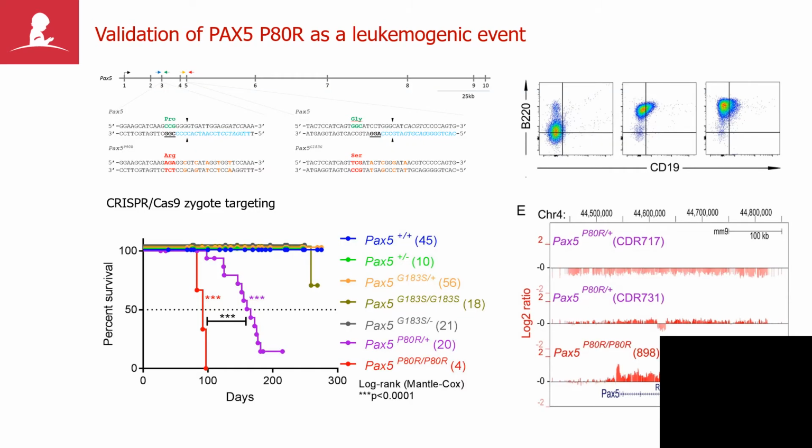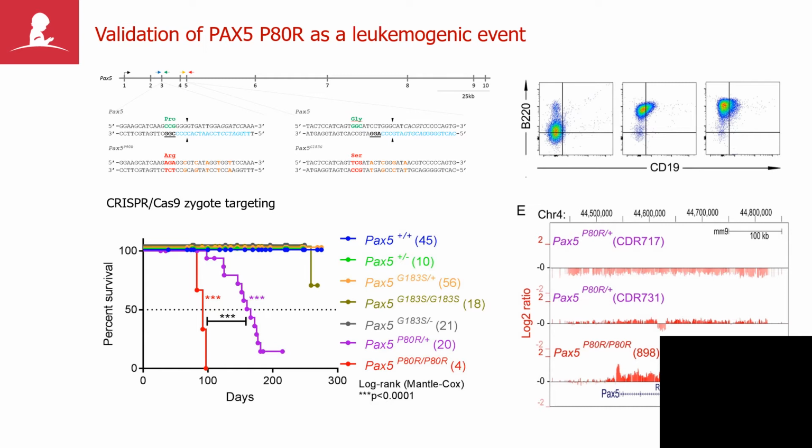So these observations of a universal occurrence of a PAX5 mutation, the second lesions that appear to delete the wild type copy of PAX5, prompted us to formally address the question as to whether these mutations are indeed leukemia initiating. And we addressed this by CRISPR-Cas9 genome editing, where we used this technique to introduce several mutations into the mouse germline and then observe mice for the development of leukemia.